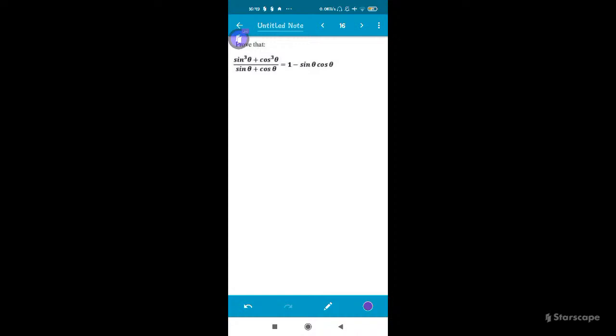Over here we see that in the numerator we have a³ + b³ form. We know the formula, but for those who struggle with remembering formulas, there is a very easy way to find it out. So let's see how to solve. We know that (a + b)³ is a³ + b³ + 3ab(a + b). I guess you all know about this. So from this formula we are going to derive